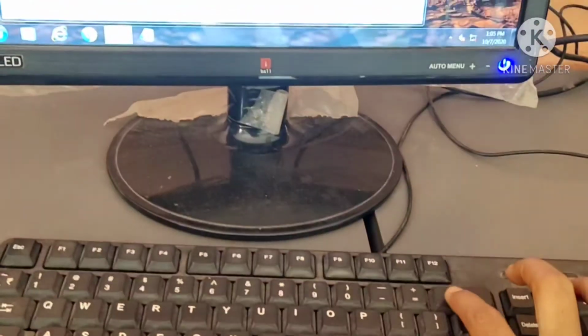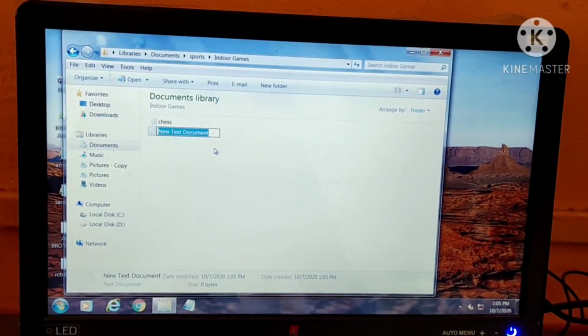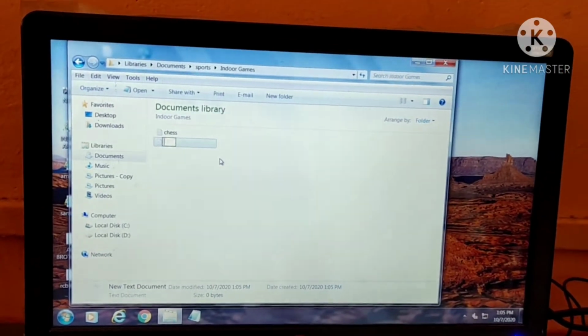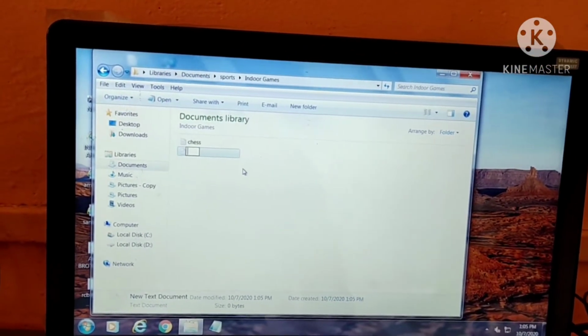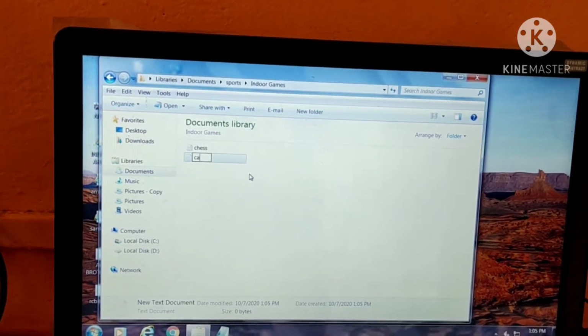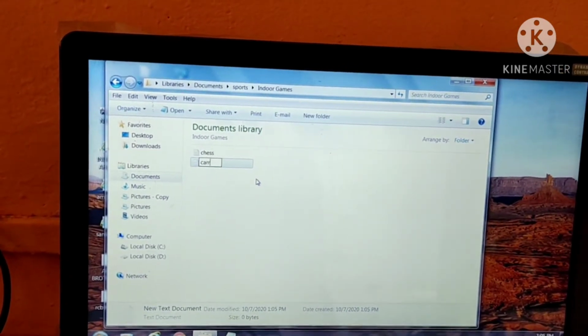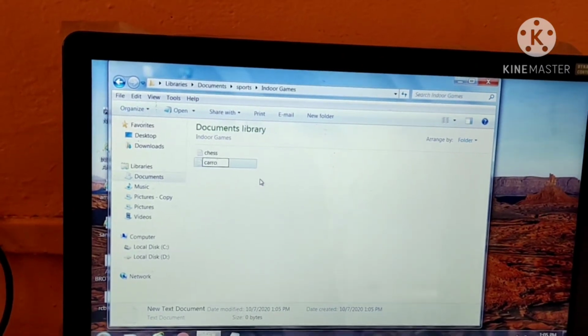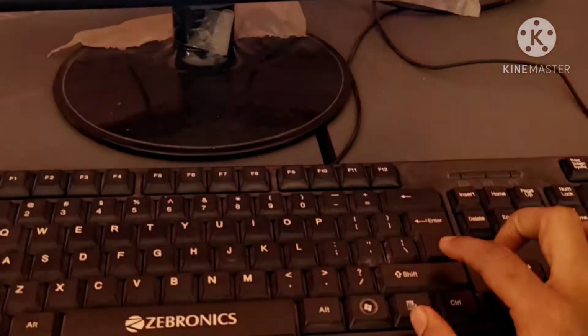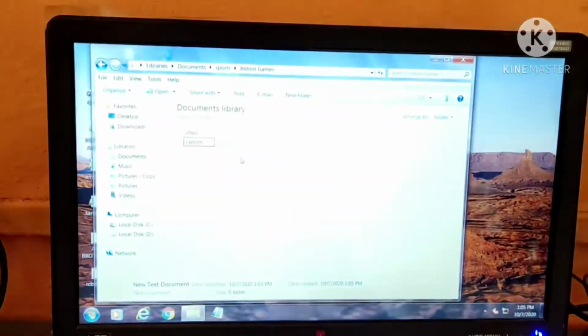Again press the backspace key and write the name carom. The second file is carom, C-A-R-O-M, and after that you should press the enter key.